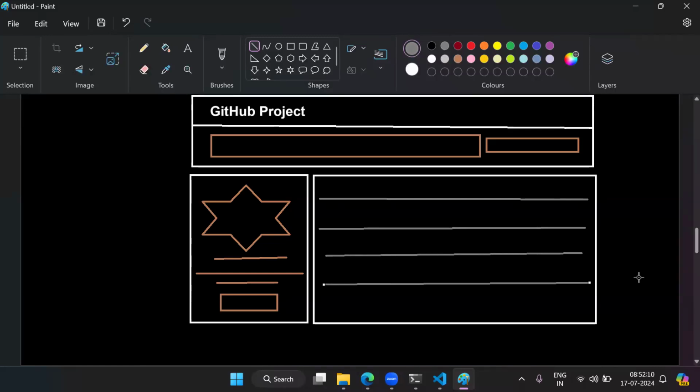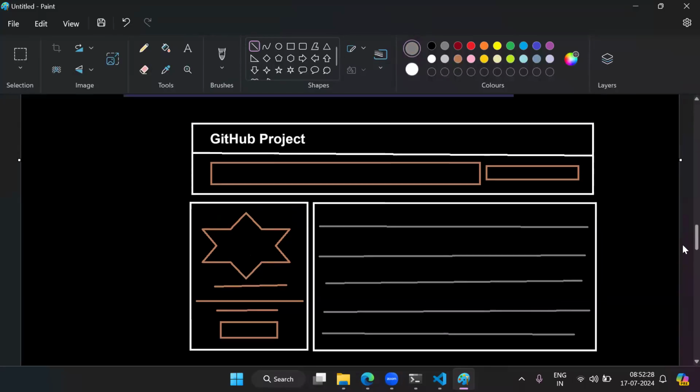Like this, I want to display some details. Okay, so one text box, one search button, here image, name, some bio, some button, and here some more details of the user. So like this, one layout I want to create